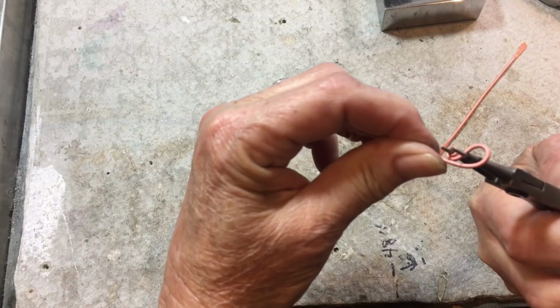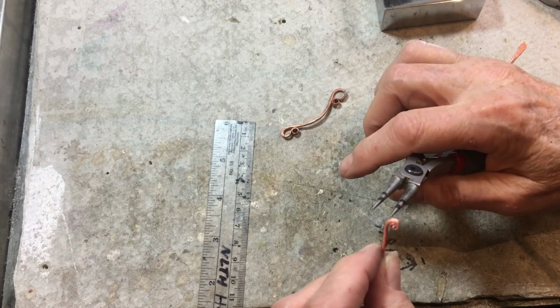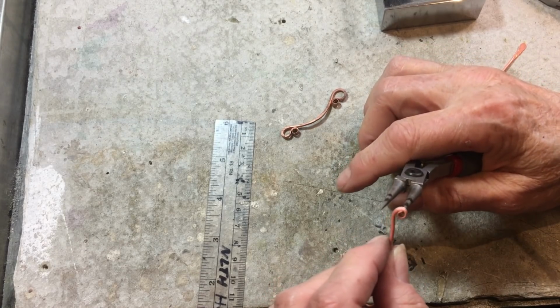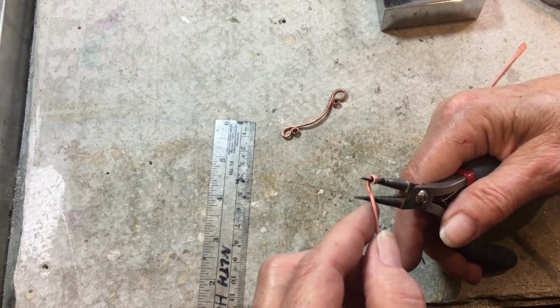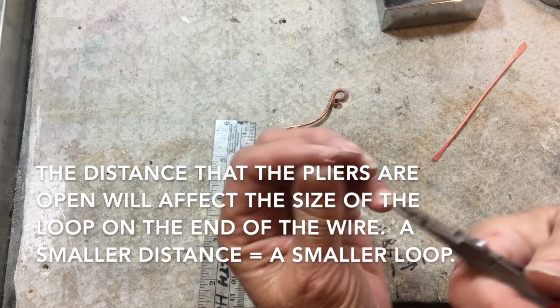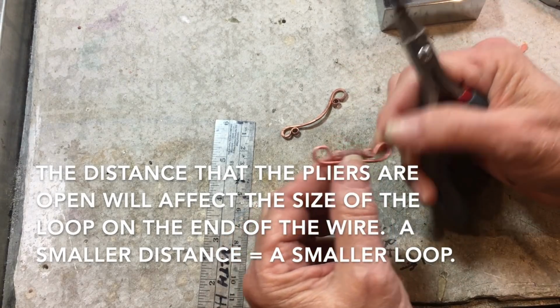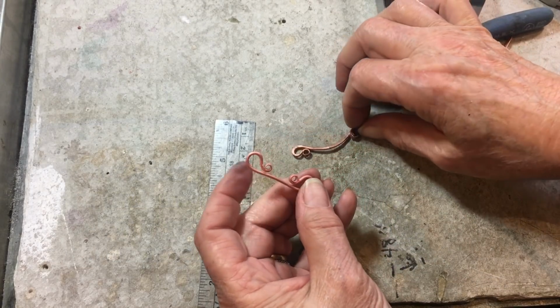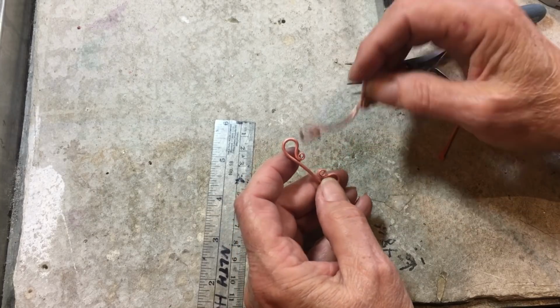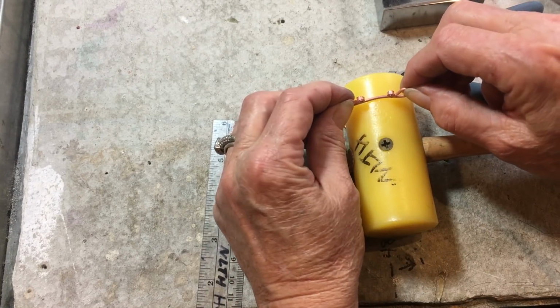Oh, I have to get my hands in there so you can see, huh? All right, and pull it around. So end up with that. Probably could have made those a little smaller. This is gonna, or I should have made this longer. That's the other thing. All right, so once we get to here, then take something like your mallet